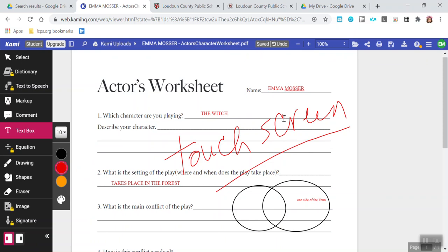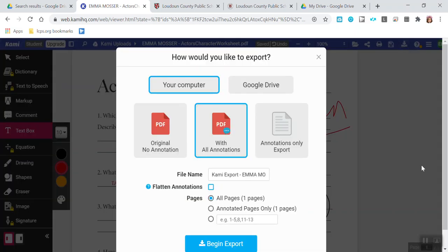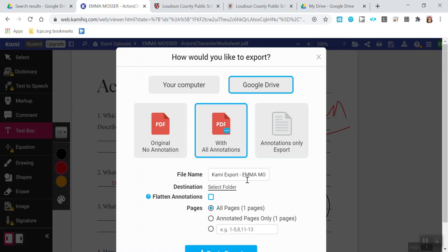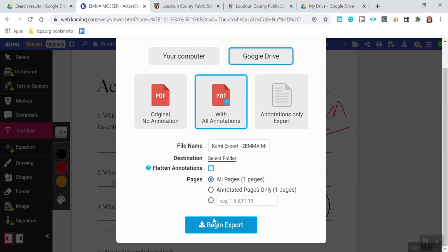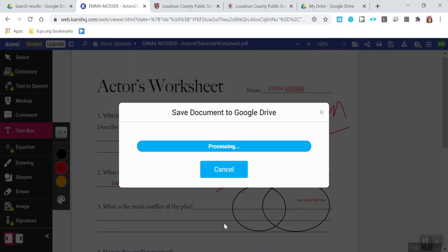But one of the things to make sure that this actually does wind up showing up in Google Drive is to go up here to this download button. So if you click download, you want to download everything with annotations, and you do have the opportunity to either download it to computer or just put it in Google Drive, okay? And since this is like the second one that we've done with this, I'm just going to put a 2 in there, just in case, we don't want to lose the other one. So begin export, saves the document to Google Drive,